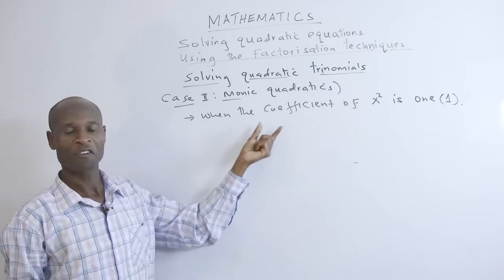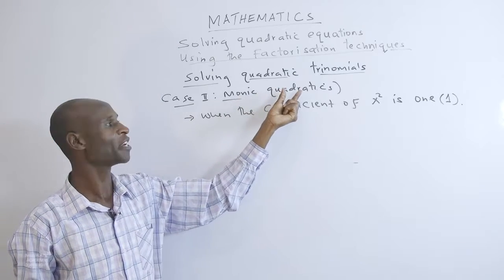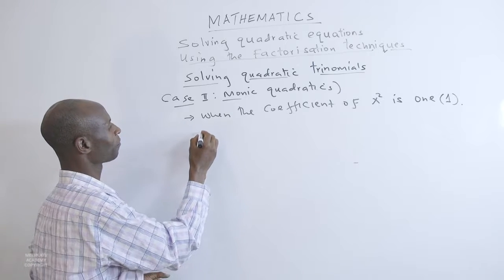So when the coefficient of x squared is 1, we call that a monic quadratic. For example,